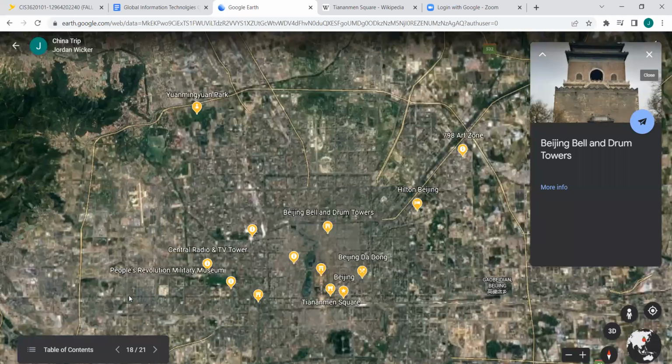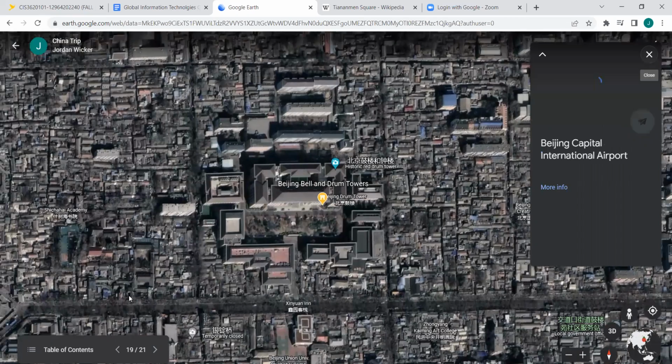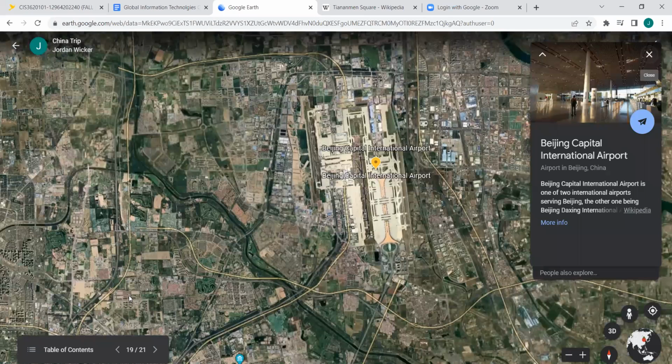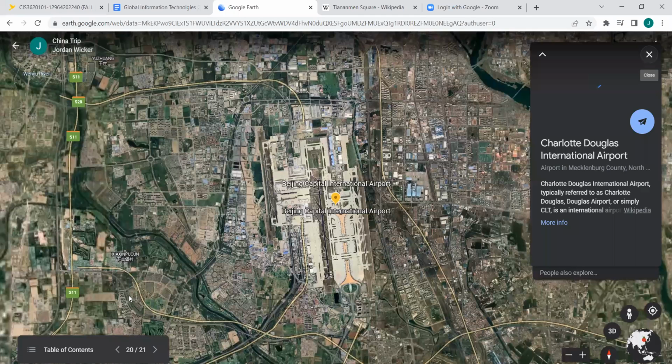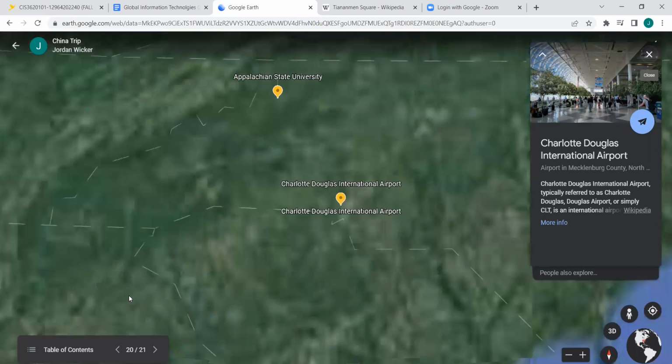First stop at day 8, we're going to the Beijing Bell and Drum Towers. Be an interesting little stop there in central Beijing. From there, we'd head back to the airport in Beijing. We'd stop at the hotel, check out, get all our stuff, get in the bus, pack everything up, get a head count, make sure everyone has everything, head to the airport, check in, get through security, and whoop, we are back in the Charlotte Douglas